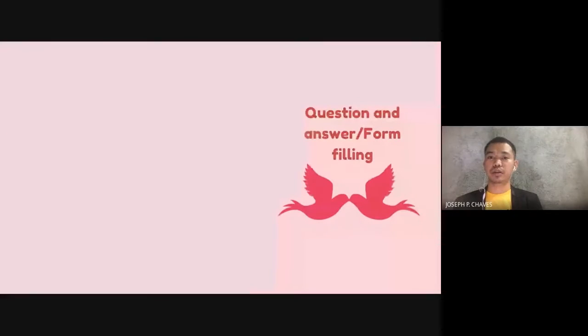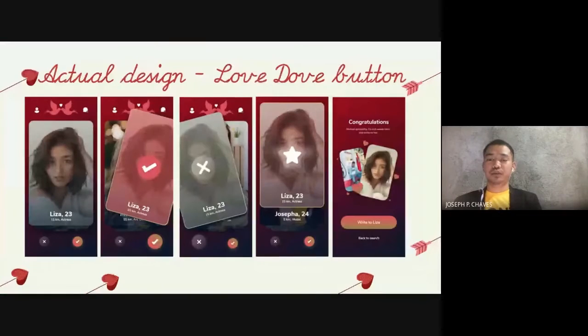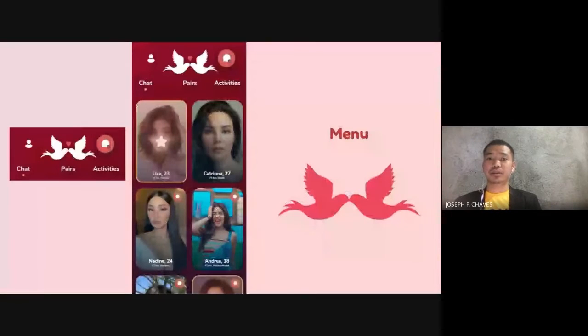For the next one, we have menu. In the home part, we have the menu, which are the chat, pairs, and activities. As you can see in the UI, this is how we integrated our menu in LoveDove. So that's it for the interaction styles that we integrated in our program. The last one was menu.